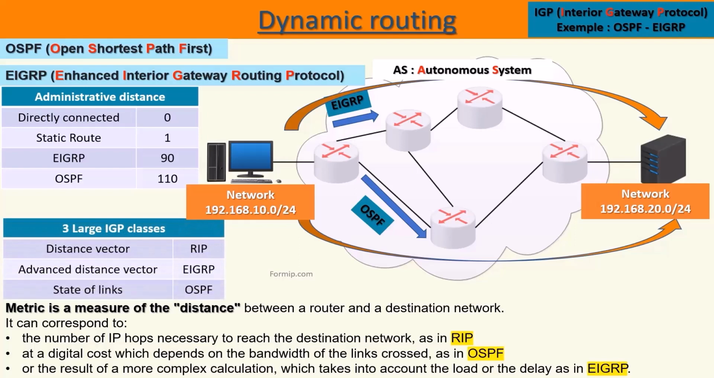We just have to see the three classes of internal routing protocols. In the next lessons, we will go into detail about the different classes. At this point, you just need to know which class these three protocols belong to. RIP is a distance vector routing protocol. EIGRP is the same, except that it's an improved version. And OSPF